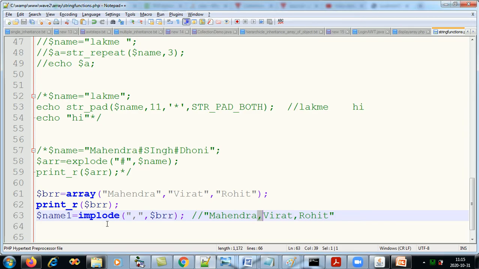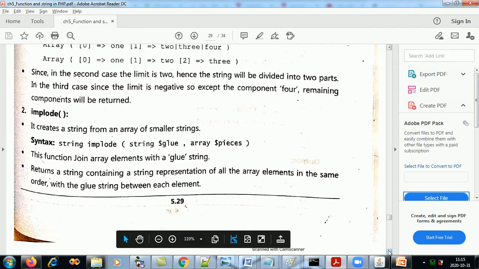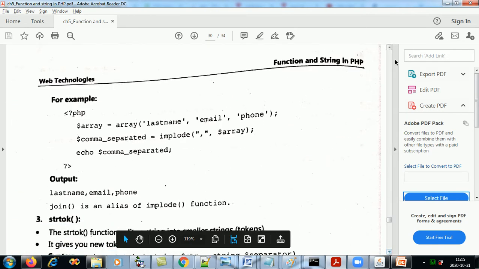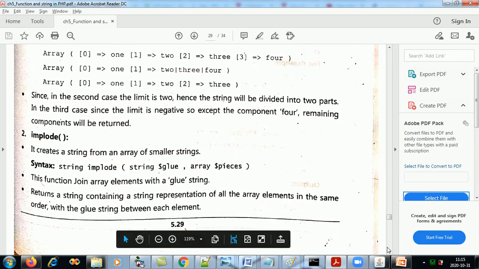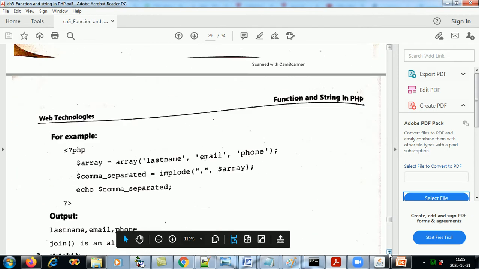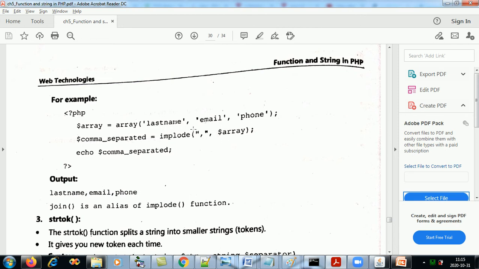Okay, it's not displaying. Let's see what went wrong over here. We have used implode, right? Let's check the syntax for implode. So here we have the implode function. We have an array, and then we have the function implode. On which character am I imploding, and which array?